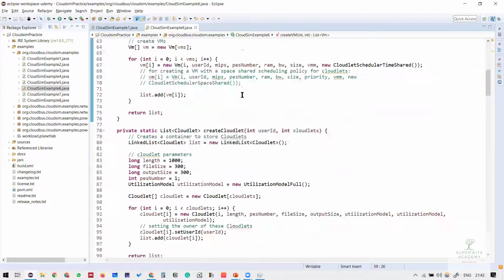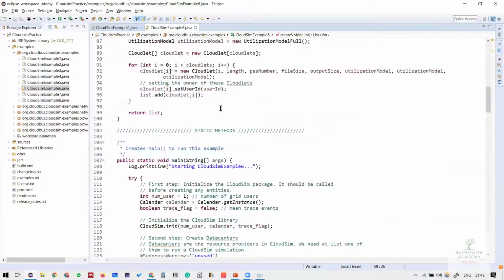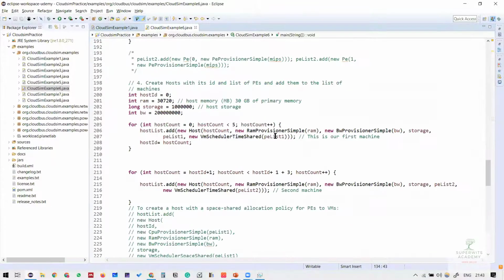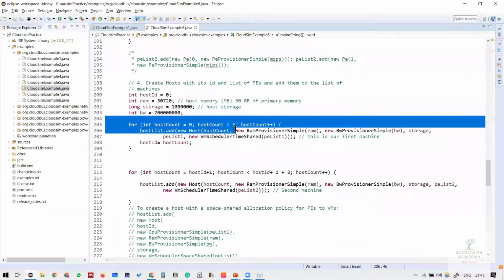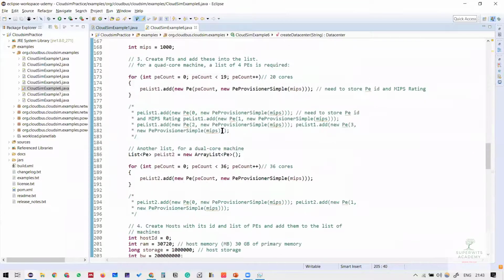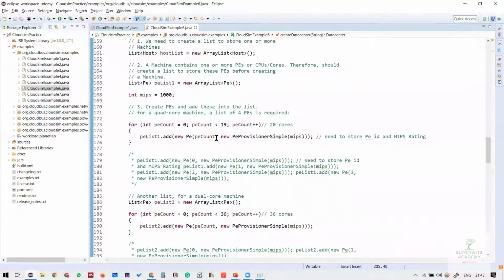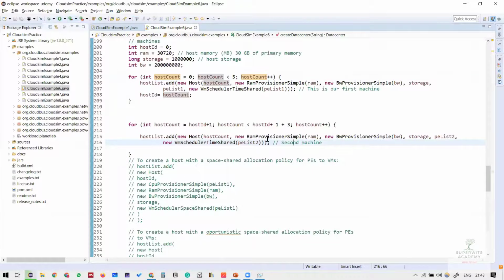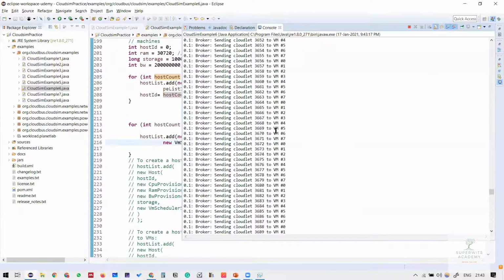So we know we have around 20. Let me just confirm again. Oh, 200. So we have around 20 virtual machines to be hosted on the set of hardware that we have just created, right? If I give you a review again, we have 5 hosts with 20 cores and 3 hosts with 36 cores. Okay, so I'm going to execute this, and we can simply see that all the virtual machines are being executed. Okay, let me see. I think some failures happened.